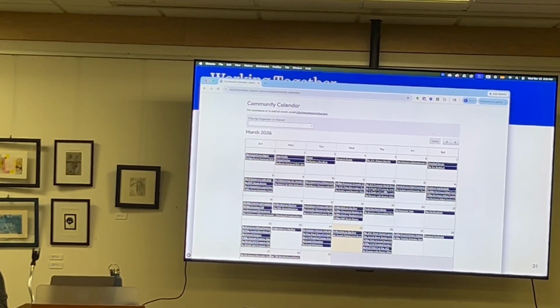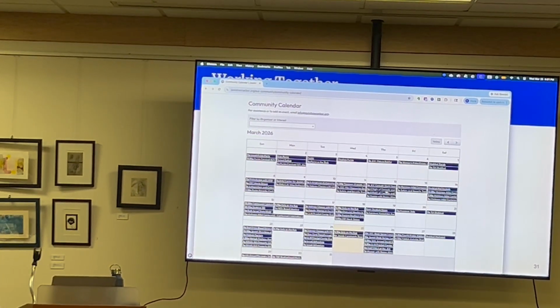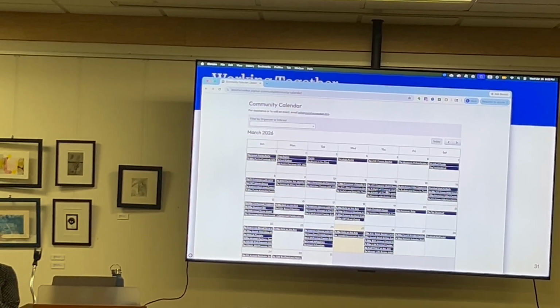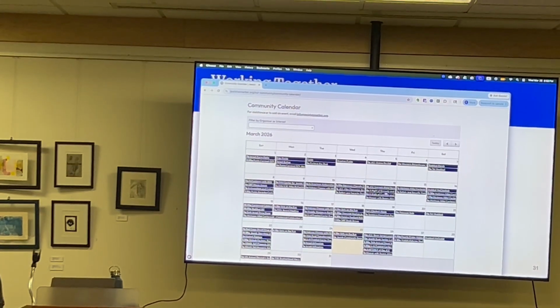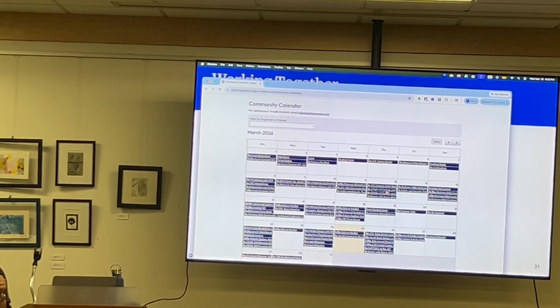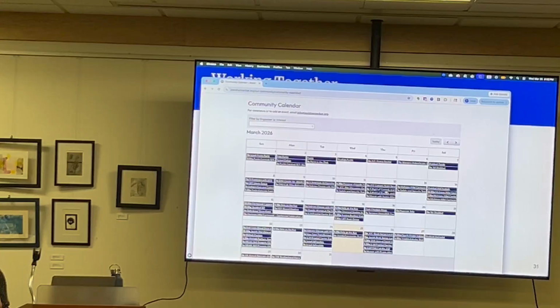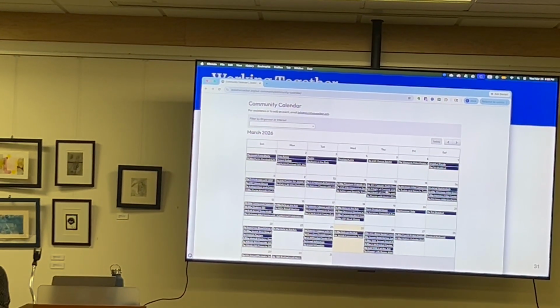So Federation staff would be the first to see the conflict. Can they? The Federation staff is not necessarily always looking at the community calendar. I was just wondering if there was a way to get a heads up. It would be great, but unfortunately, not always. Sometimes I will tell you that the heads up usually comes from me or someone on my team, because I'm looking to see, is there something I can do or what? And then I'll say, oh no, I see this conflict. Please call these people. So when we see it, we do reach out. But if we don't see it, we don't.